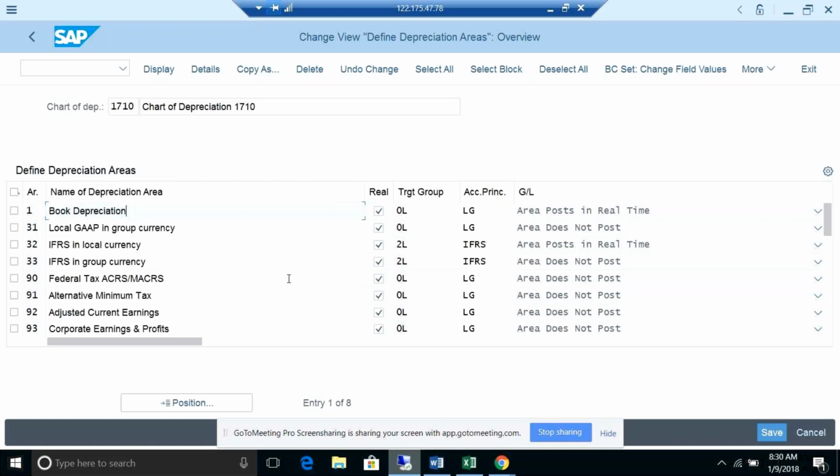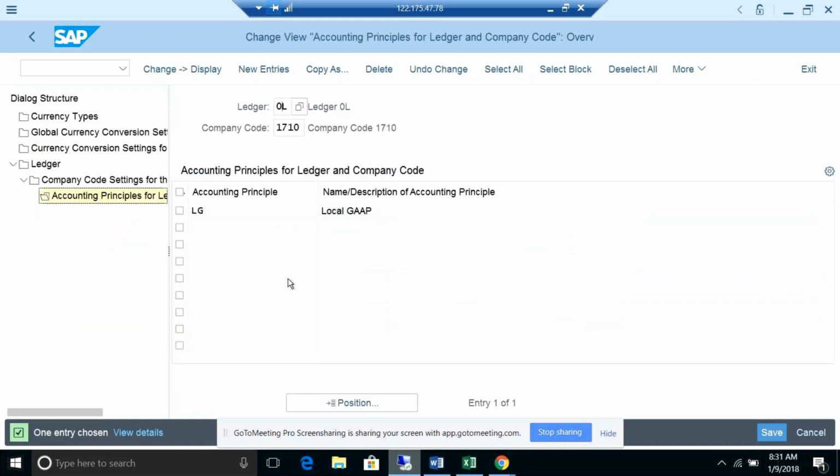Whatever documents are posted, I will show you. This is one area which is very critical, and it is very painful. It looks simple, but in real time, if you miss any rule, then you will get errors there. It should be in sync with your GL: the currencies which you are reporting and the accounting principles which you are attaching to your depreciation areas, the accounting principles which you are attaching for your ledgers, the currencies which you are maintaining for your ledger and the currencies you are maintaining in the AA.